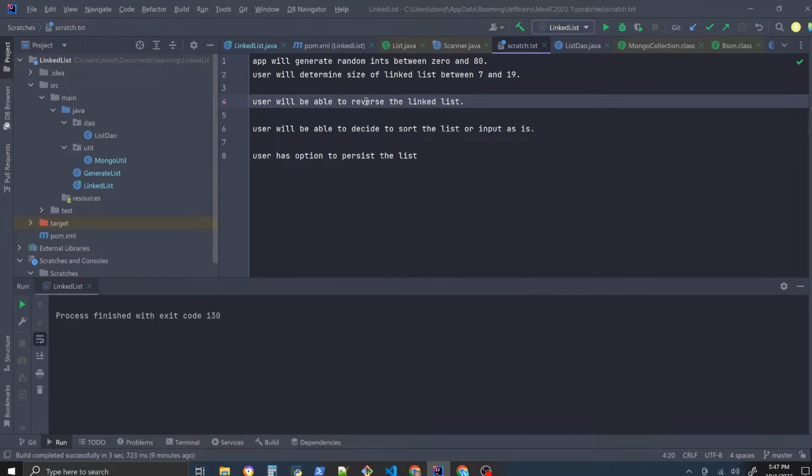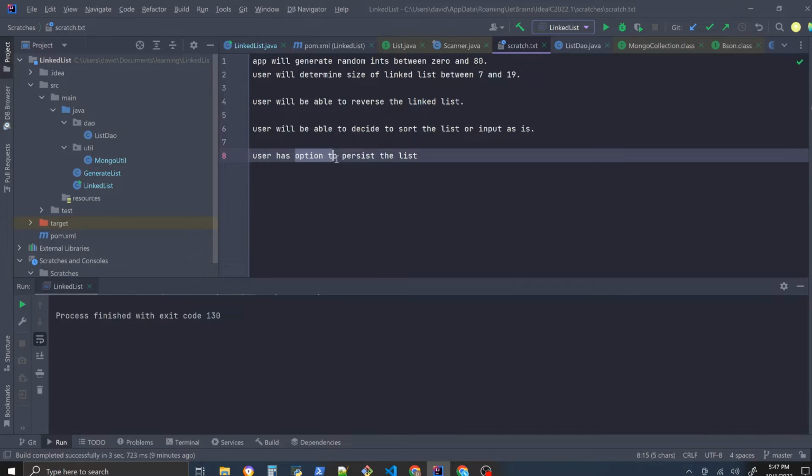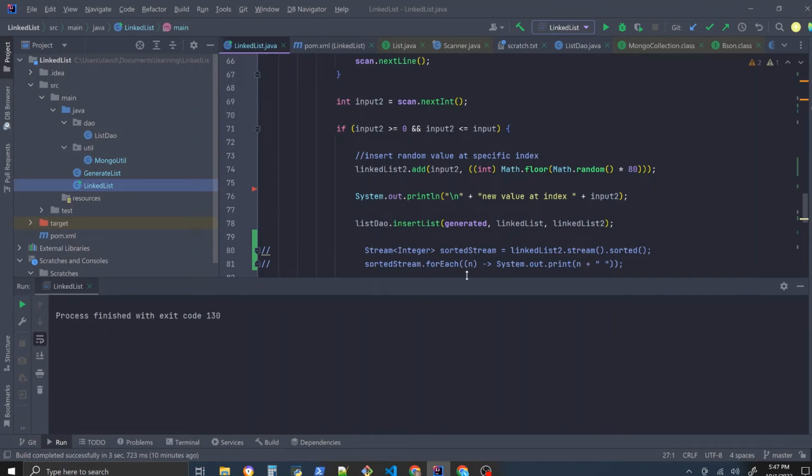And then the user will be prompted to reverse the linked list. So we have a function to reverse the linked list. The user will be able to sort the list. I'll show you, the app sorts the list, basically from smallest to largest integer. And the user has the option to persist the list, and that's not exactly written correctly. It's more like